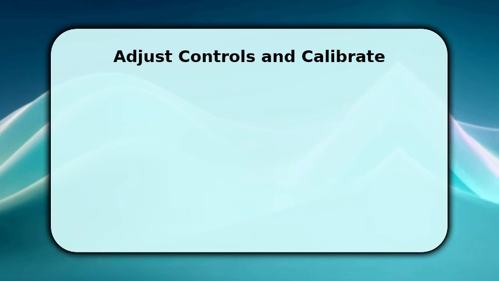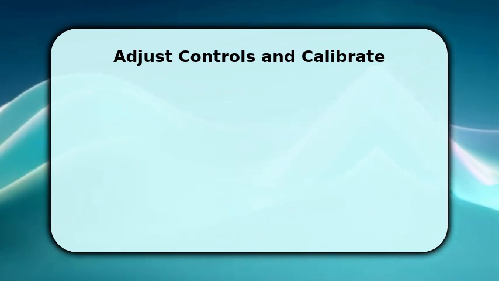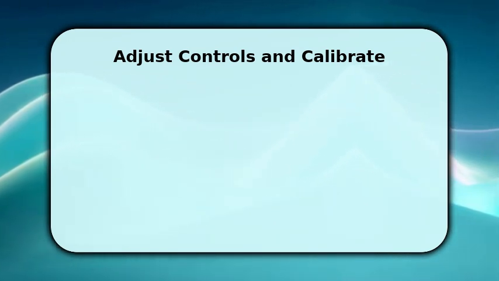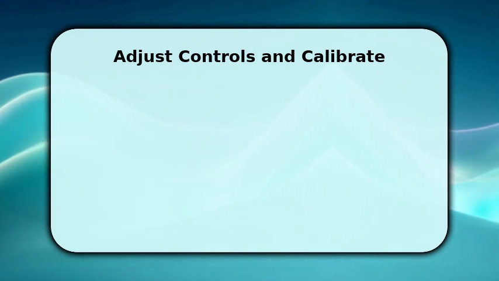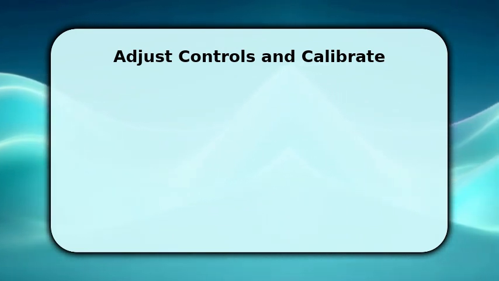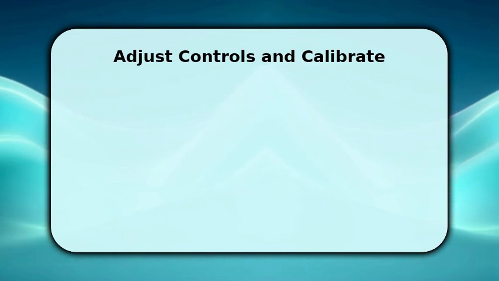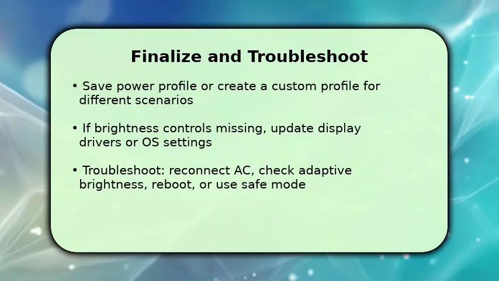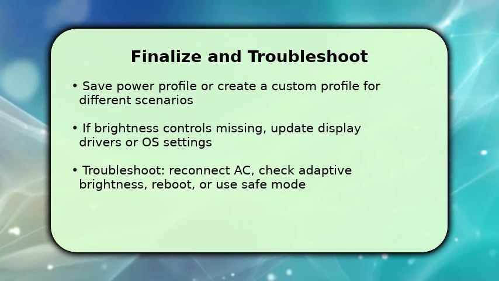Make sure to check contrast and color temperature. Warmer tones can appear dimmer. Once you have a target brightness, run the built-in calibration tool or a calibration app to align luminance with color fidelity. Finish by saving your settings and creating profiles for different environments like indoor, outdoor, or battery saver mode so